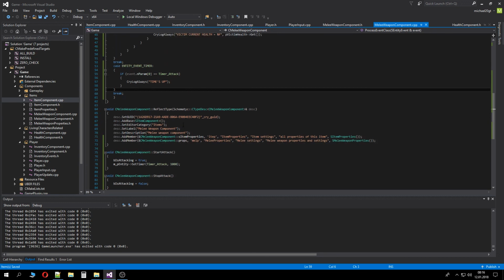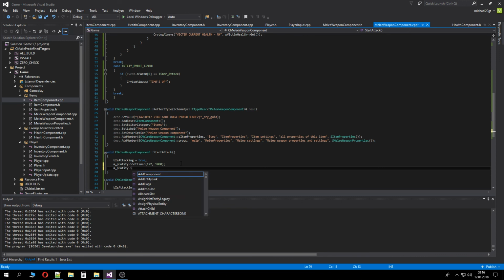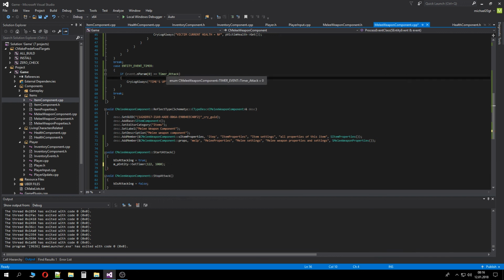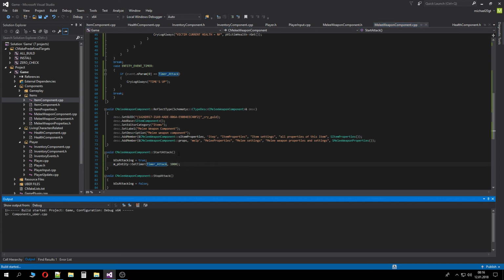And remember that this should match. If you do a number ID, ID is the identifier of this timer, so you can modify it later. If you want to kill the timer at some point in the game, you call kill timer and then set up your ID. ID is like a name for the timer to identify it. So that's why I put 0 here, as you can see. It's 0 in the enum, so my ID for this timer is 0. But instead of writing 0, I just used a named number, so later I know what's going on. So if after 1 second or after attacking, we will see if the timer is actually